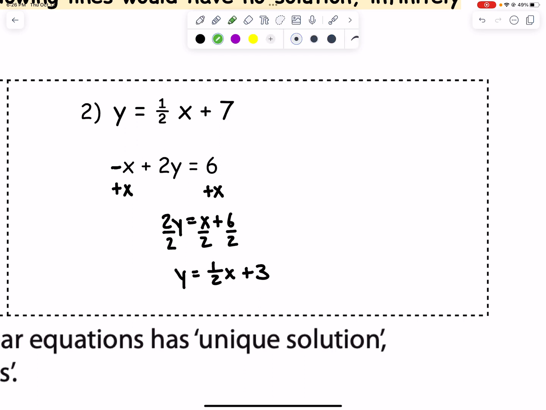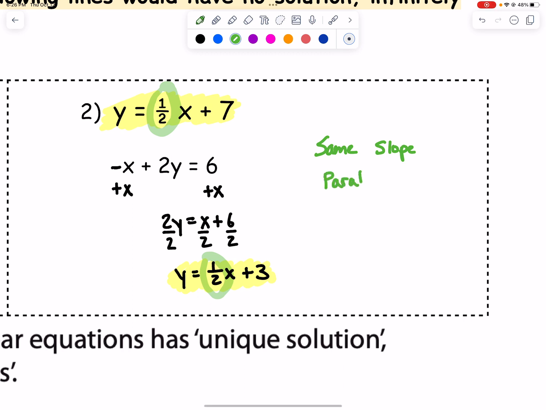So let's examine what we've got now. Our first equation was y equals 1/2 x plus 7. And now our second equation is y equals 1/2 x plus 3. So they are not the same line, but they do have the same slope. So let's jot that down. Same slope. So visualize, if they have the same slope and I were to graph them, they would be parallel lines because that's the ones that have the same slope. And therefore, they're never going to touch. And so they have no solution. And then we can write it as a 0 with a slash. So that's it for our first